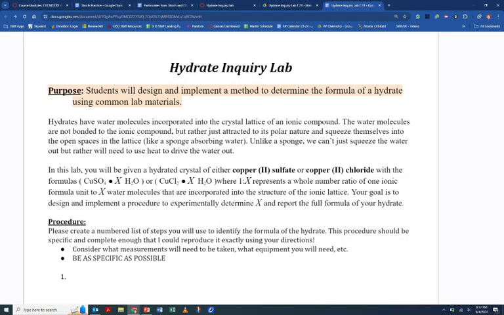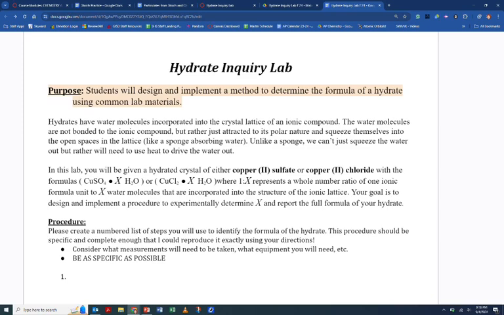So we're going to be doing this lab on Tuesday. And the purpose of this lab is for you to get a little bit better handle on designing and implementing a procedure to answer a simple question, solve a simple problem. So you're going to be designing and implementing a method to determine the formula of a hydrate using common lab